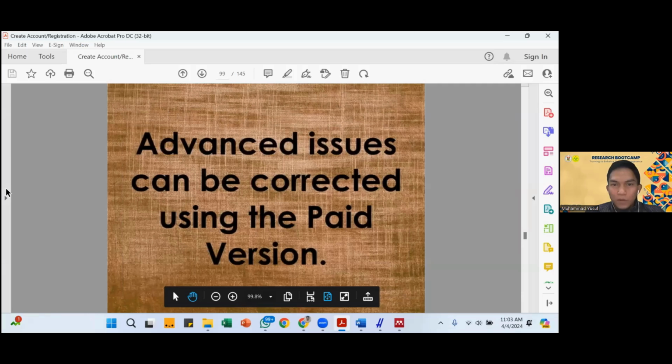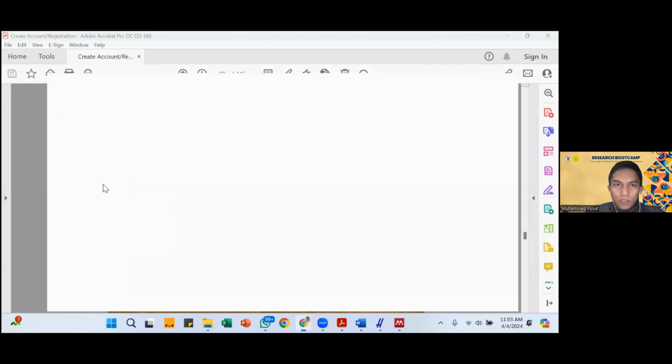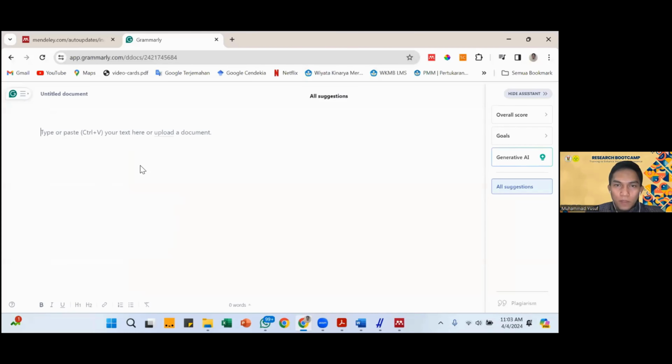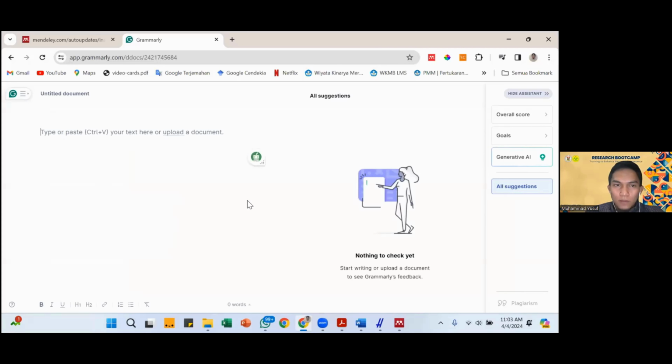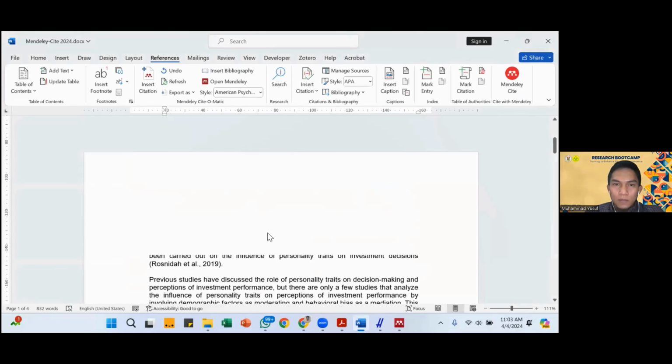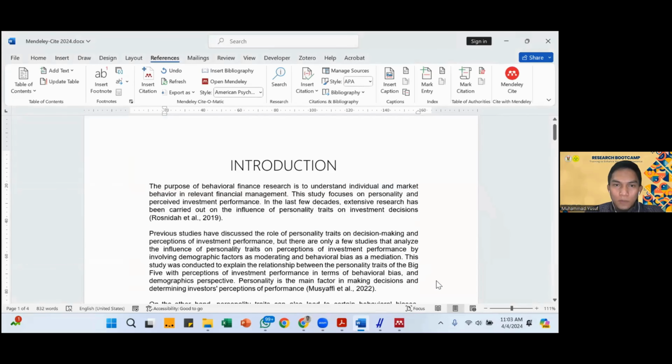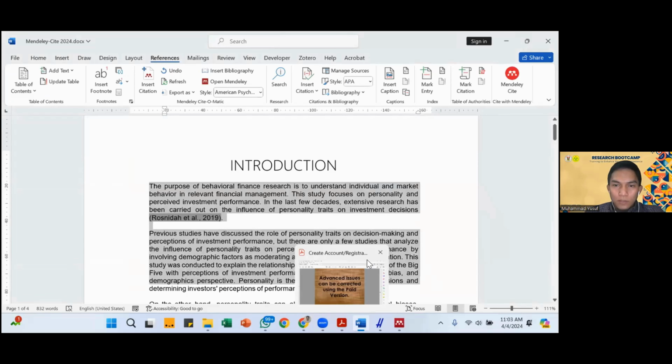Advanced issue can be corrected using the paid version. So if you use the premium version, you can check the clarity and others. For the example, I will copy paste.